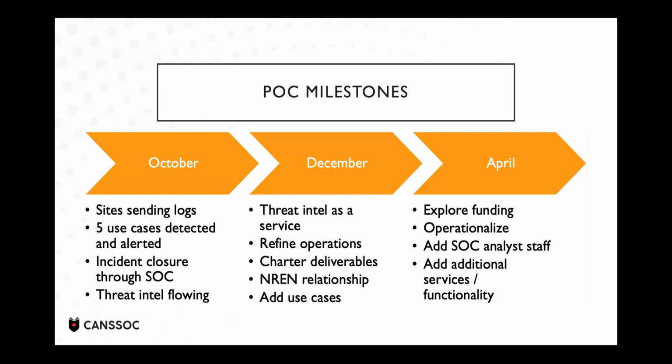Examples of things we're looking at under the threat hunting umbrella is doing some vulnerability scanning connected with the threat intelligence, doing some phishing, honeypots, the more robust analysis through machine learning, looking at SIM integrations, things like that. So it's not defined yet. We'll have a better definition of that when we get into that November timeframe, but this is the high level plan here.